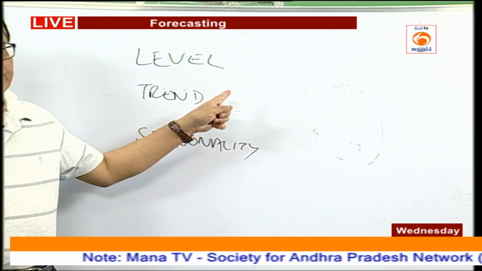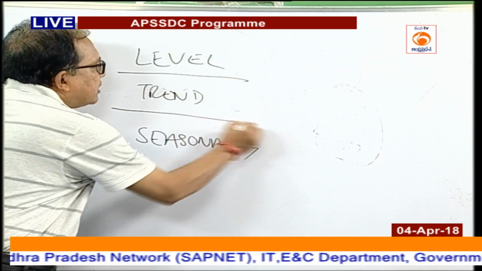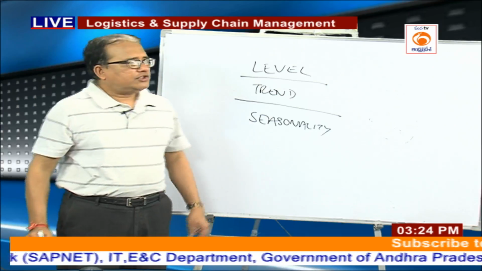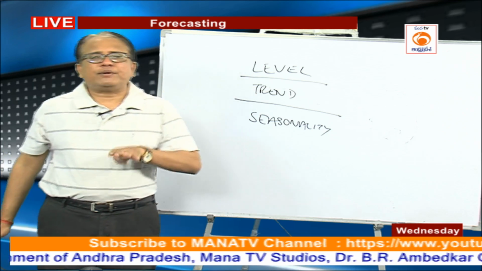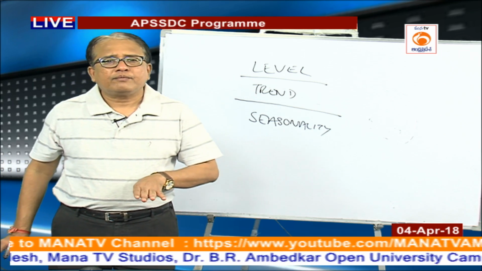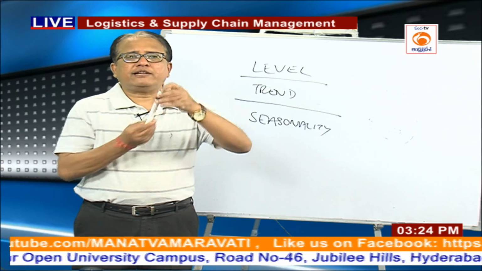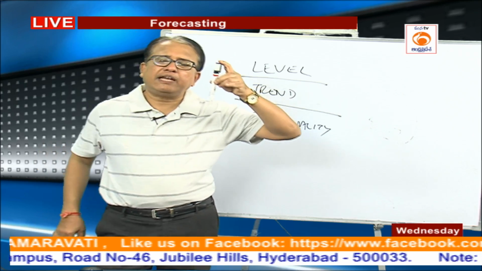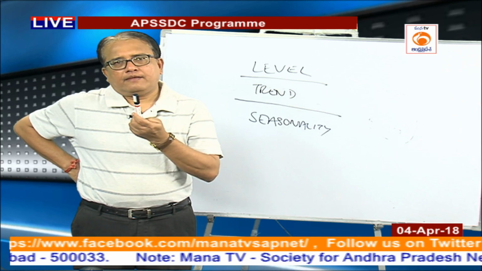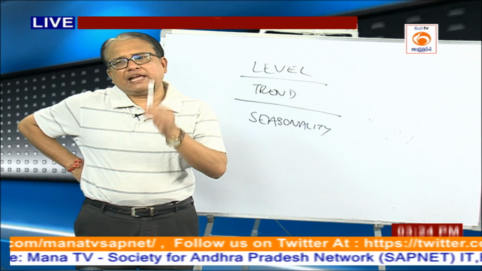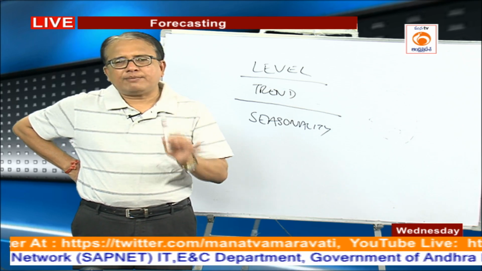We observe that forecast, our observations change. What is level? Level is the current demand, present demand, the base demand. For any product, I am producing and selling this particular product. I have sold 1 lakh marker pens in the year 2018. So, what is my level? What is my base demand? It is 1 lakh.